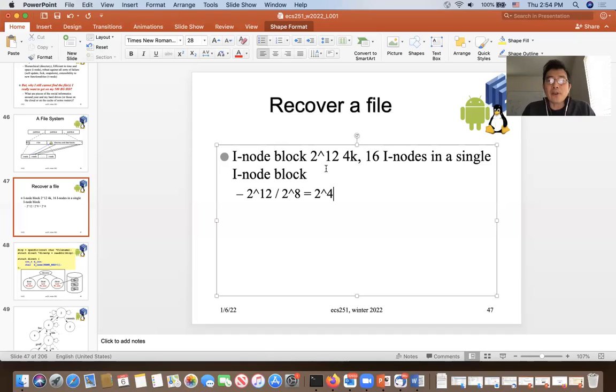I think it's still possible. To be honest, everything is possible, because if the inode is removed, essentially what I lost is the 15 pointers, right? What the inode has is those 15 pointers. If I lost those 15 pointers, it's really hard for me to reconstruct them, but it's not entirely impossible because